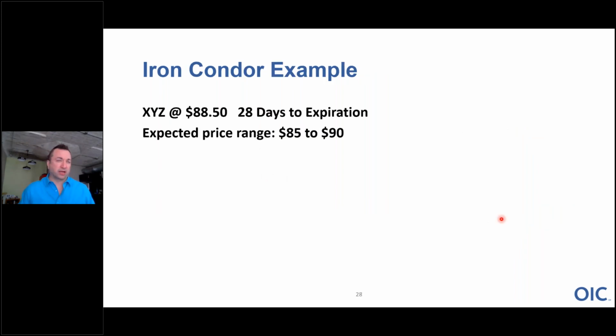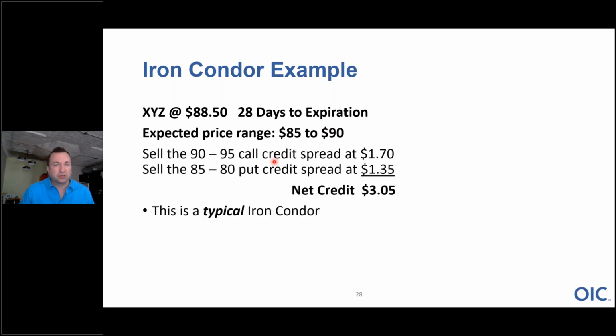Here's our example on the iron condor. Same stock price as before. I'm going to use the same spreads as we did before just to illustrate how this is put together. So 88.5 is our stock price. The expected range now is 85 to 90. So we don't have a neutral to bullish or neutral to bearish outlook. We have a true range bound expectation, a neutral expectation in the share price, in between 85 and 90. So we now implement both vertical credit spreads,